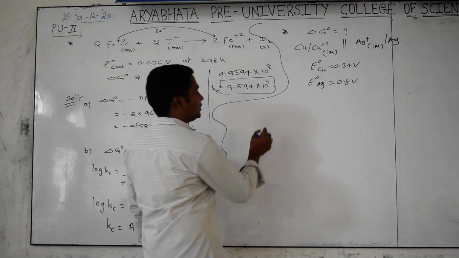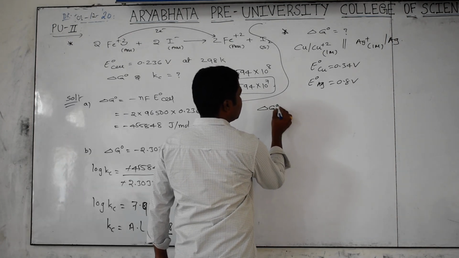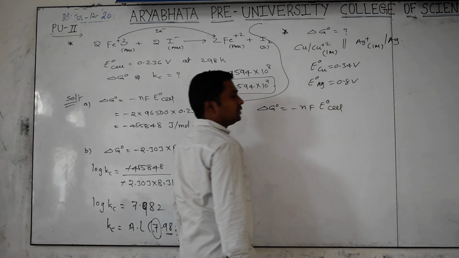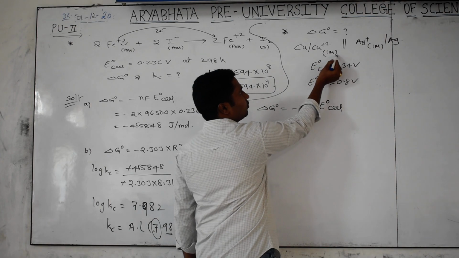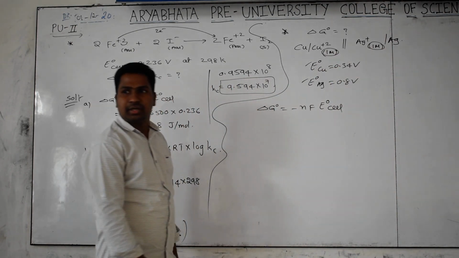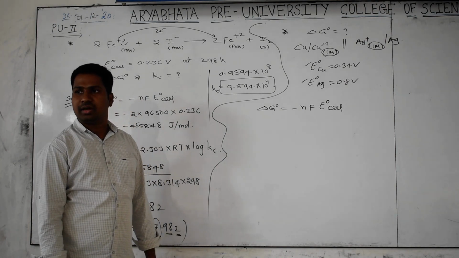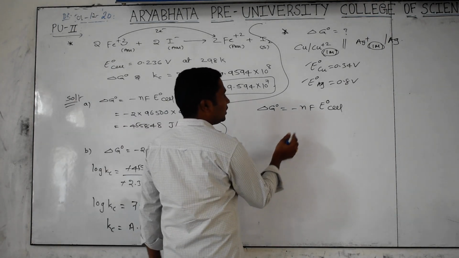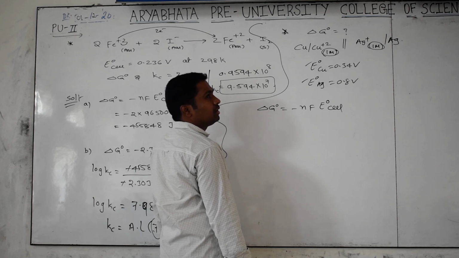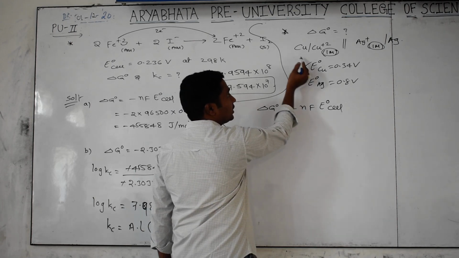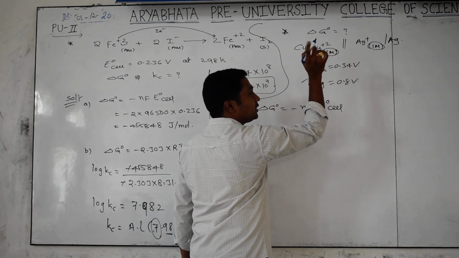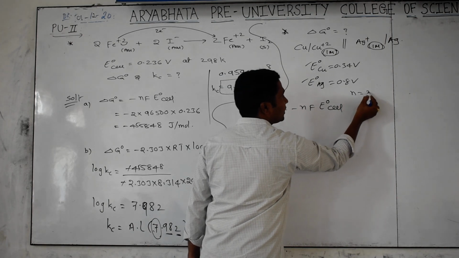What is the formula for this? Delta G naught is equal to minus nF E naught cell. Why are we taking this? 1 molar is nothing but standard values only. So electrodes at 1 molar concentration mean standard electrode potential values. Now, what is the n value here? 2 or 1? It is 2. You should take the balanced equation. Under oxidation and reduction it is 1 each, but under the balanced equation the n value is 2.